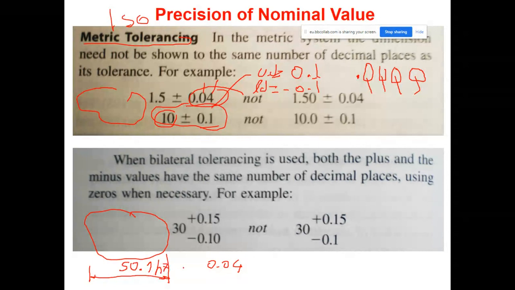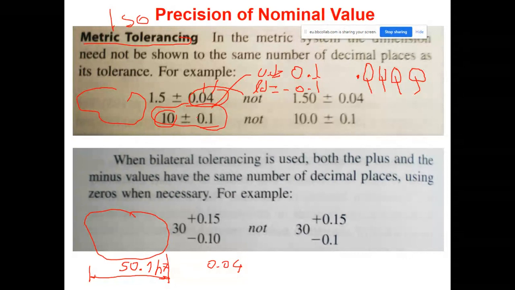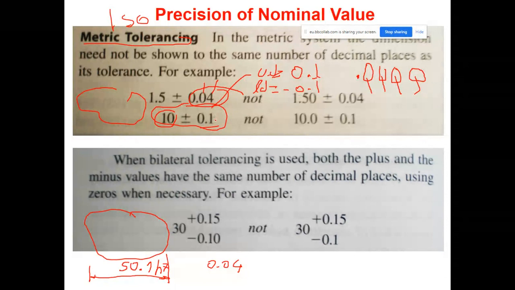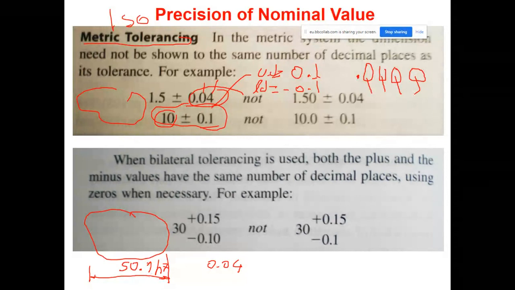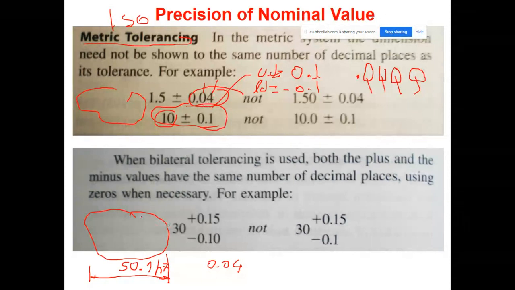Okay? Don't forget, in determining whether the nominal value is to be written as integer or decimal number, first refer to the tolerance table and find the upper and lower deviations. If both of them or one of them starts from tenths, then show the nominal value as integer. Do not show any decimal part. But if deviation starts from hundredths, one of them at least, then show the nominal value as a decimal number with one figure at its decimal part.